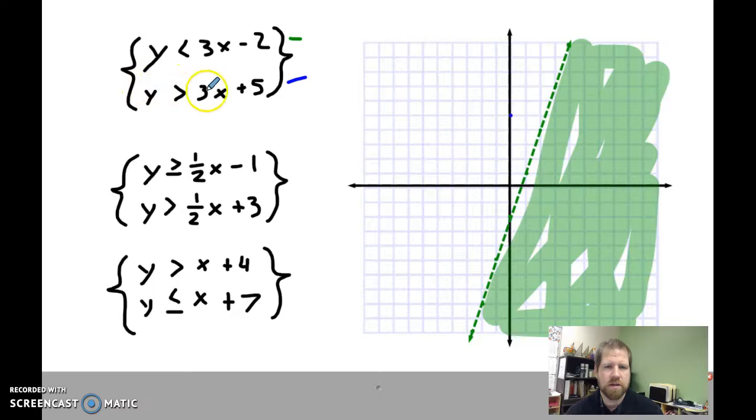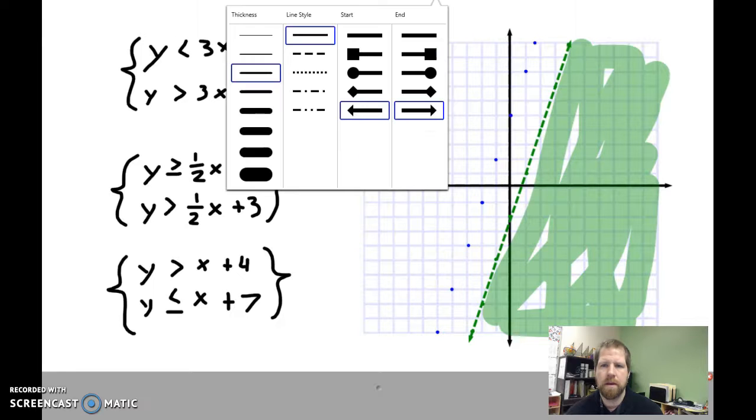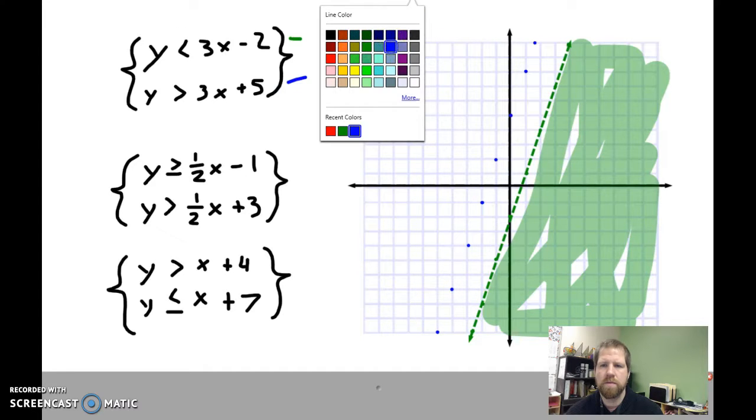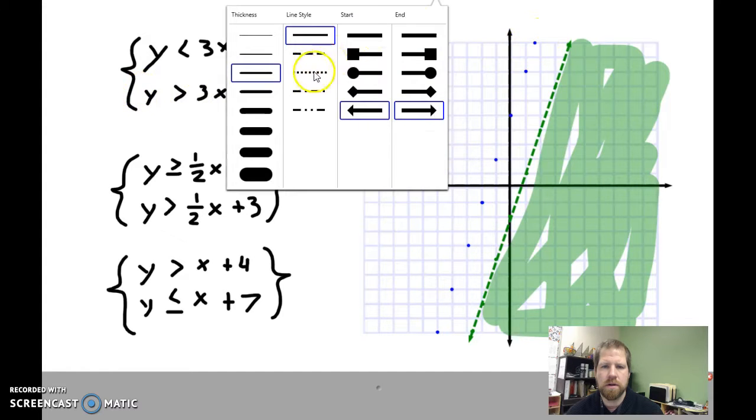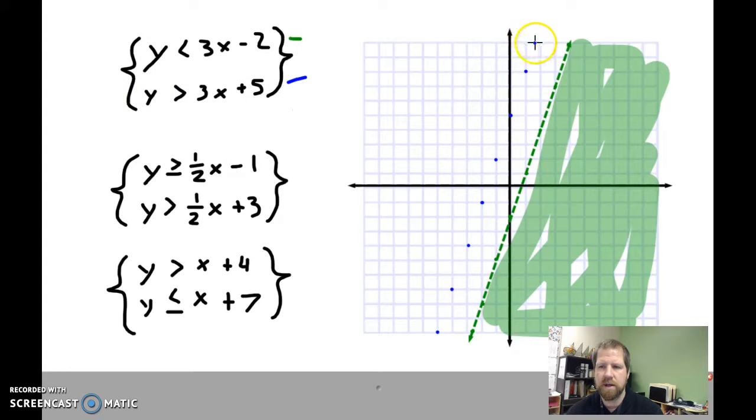All right, so y is greater than 3x plus 5, so it's going to be everything above this, and my slope is still 3. So I'm going to count them and walk it over. There, there, there, and there. And blue. And now I do also again need to have a dotted line. Set that up and